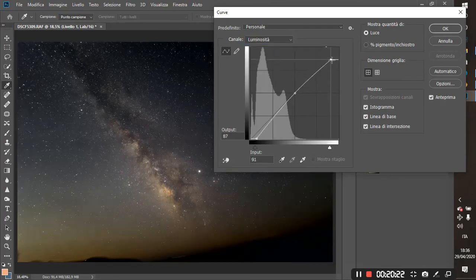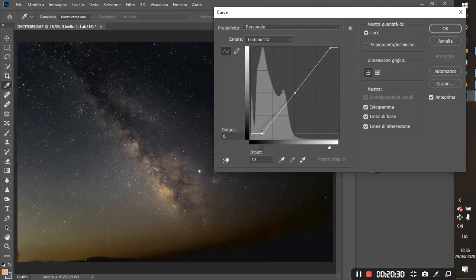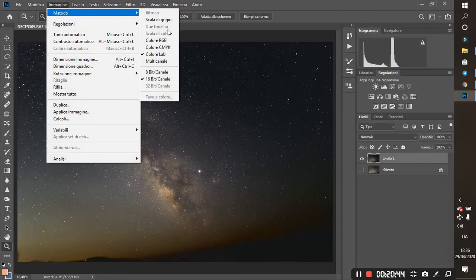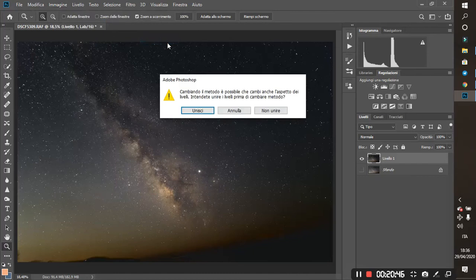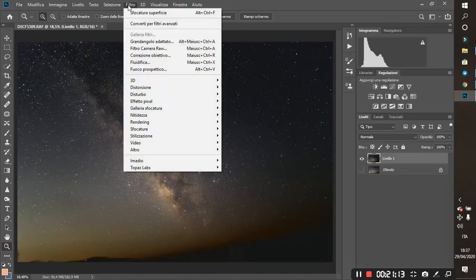Much. Much. Okay. So this is my Milky Way. I just turn back to RGB color. Okay, so now I just